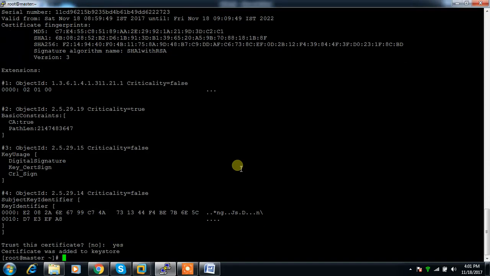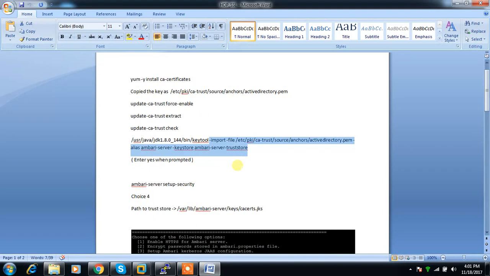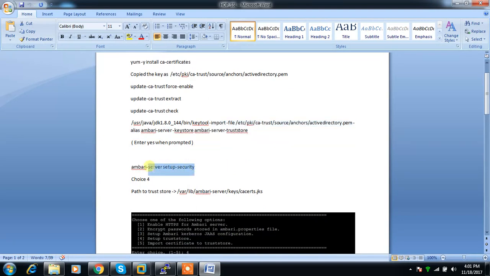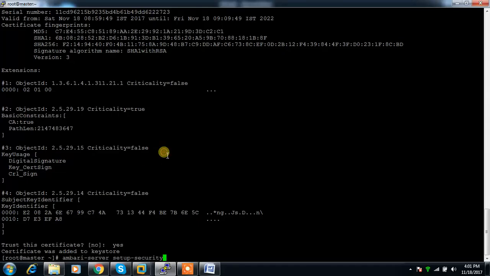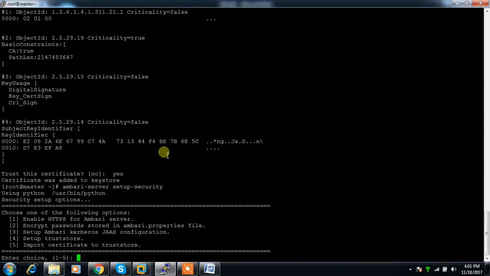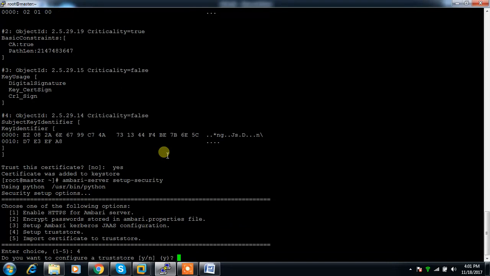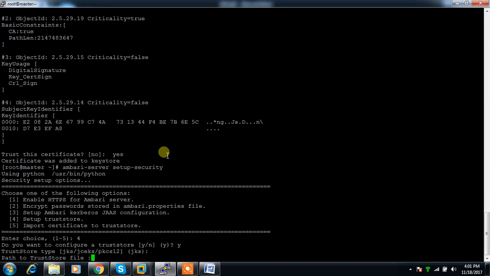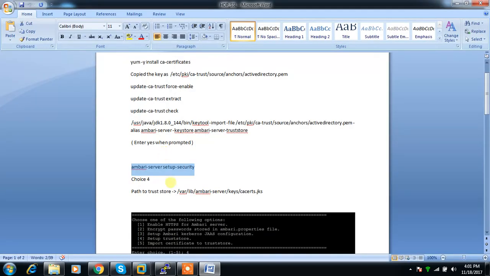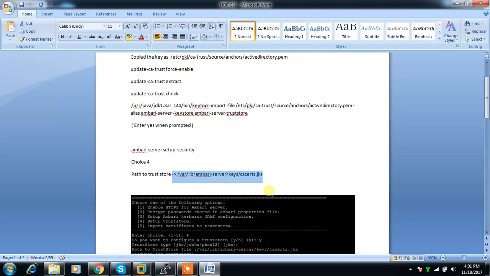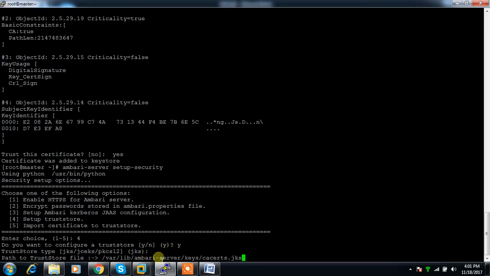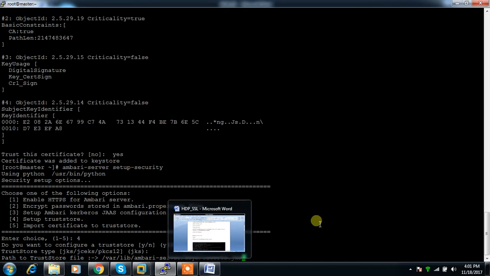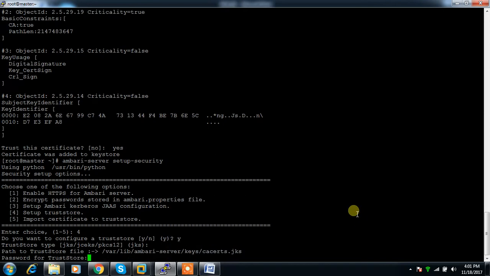Yes, that's it. So now we will use Ambari server and set up security. Then set up key store, trust store. Yes, JKS, then a path to the trust store file. So using this file, okay, /var/lib/ambari-server/keys/cert.jks, then password,